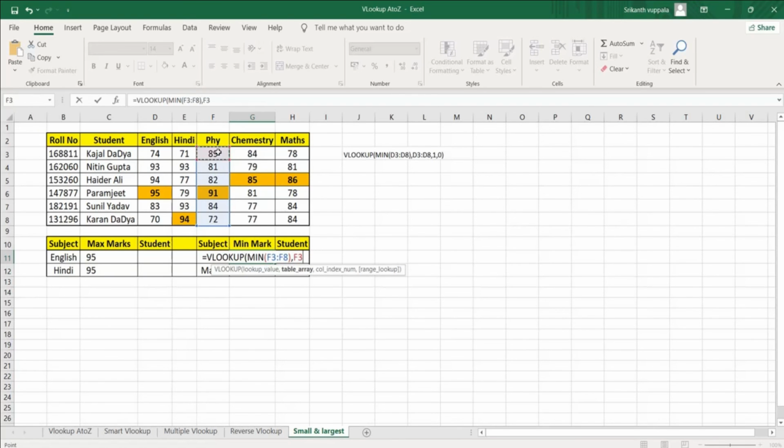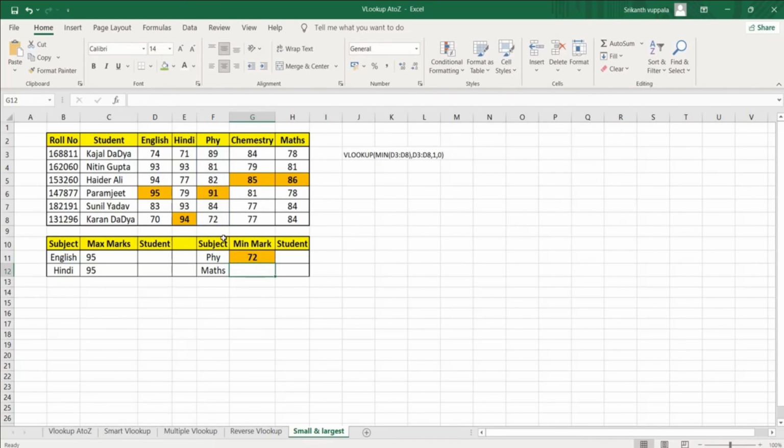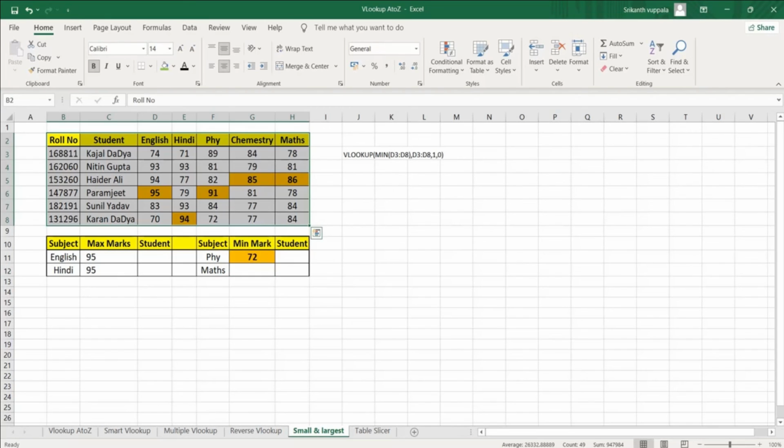This will be my table array, comma 1, comma 0. Hit enter. You can see in physics 72 is the minimum marks. So this is how we can use maximum and minimum functions within the lookup. I have placed the sample formula here for you to practice.